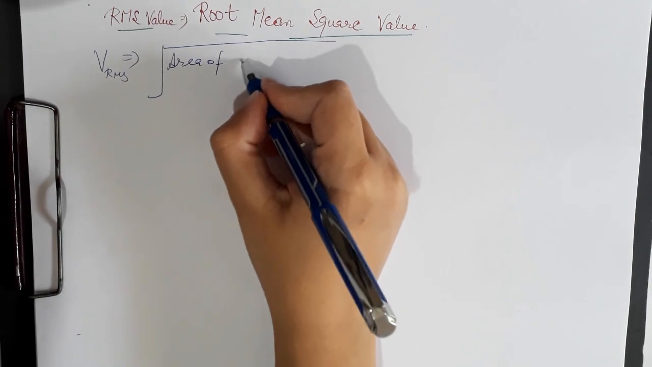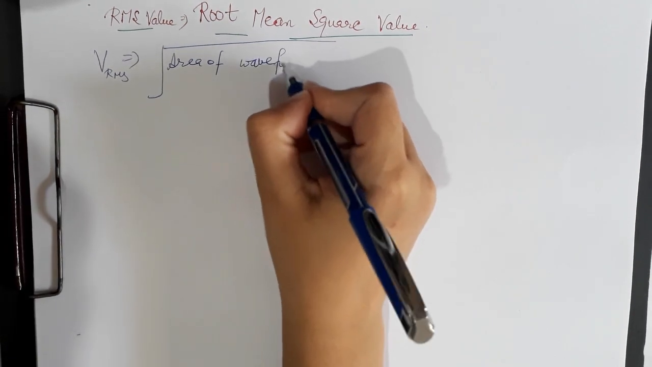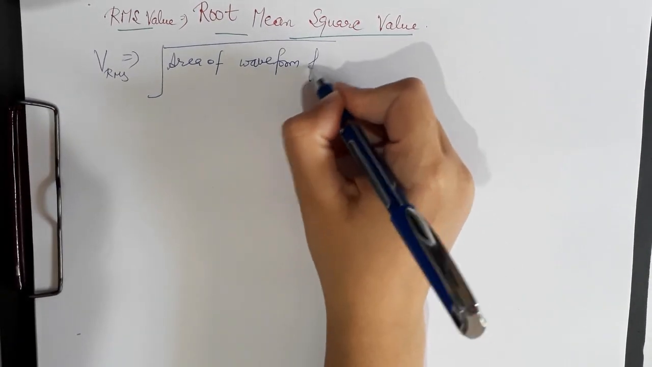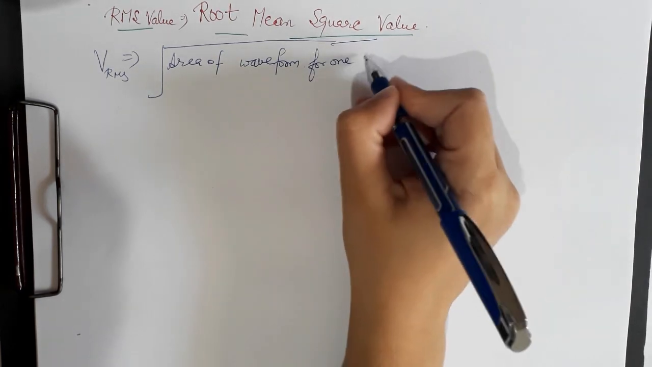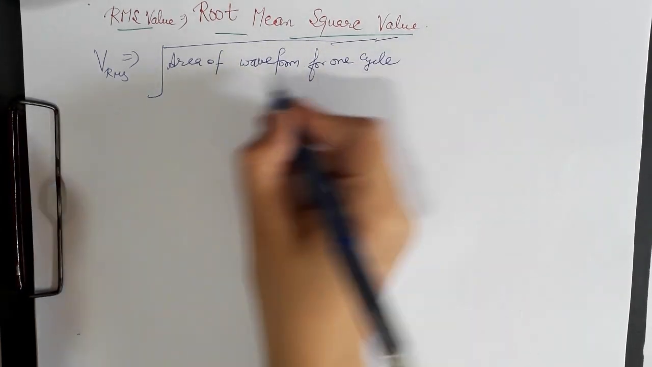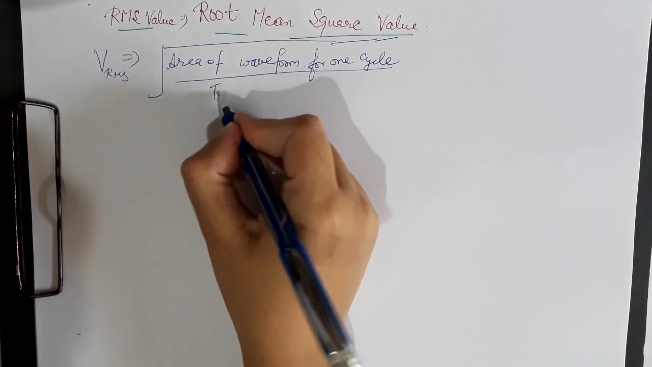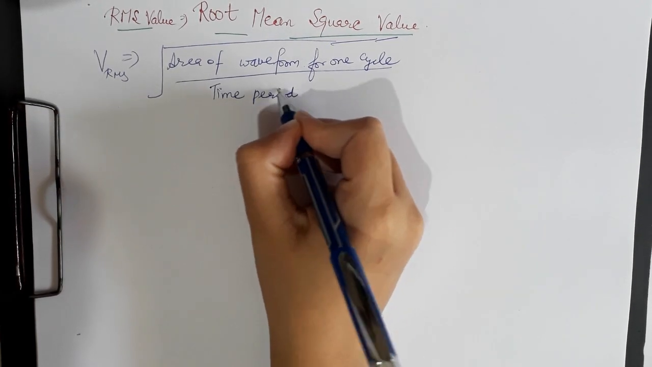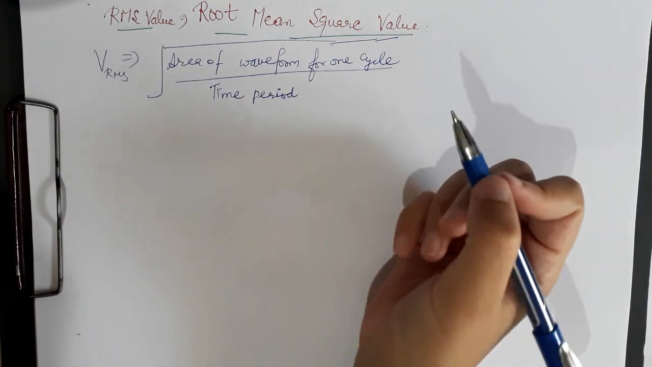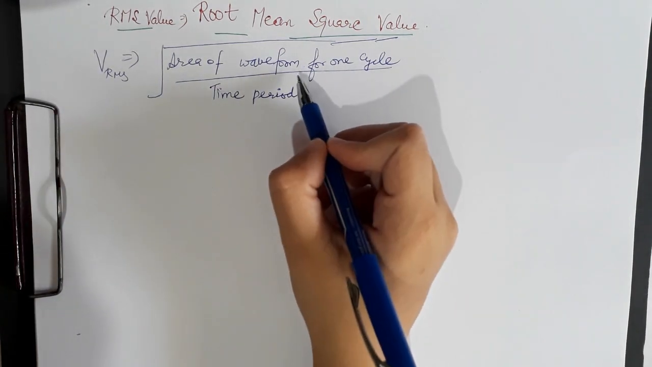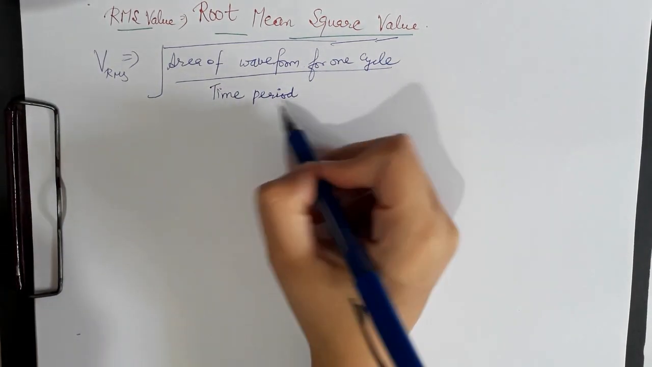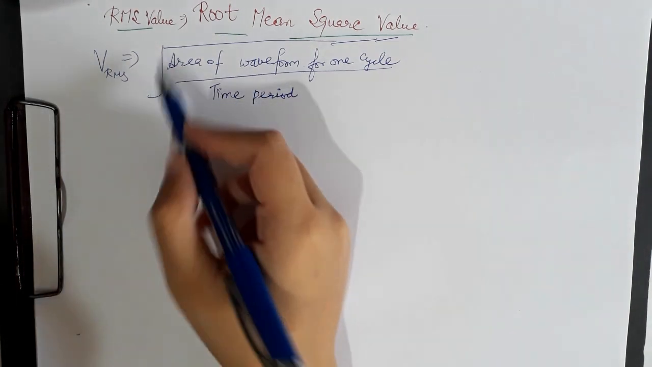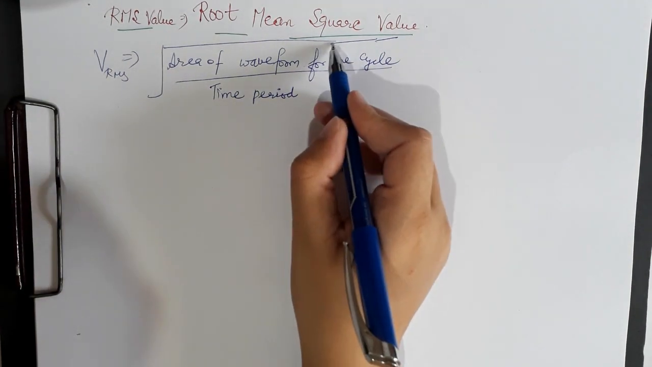area of waveform for one cycle upon its time period. मीन्स फ्रेंड्स, जिस वेवफॉर्म की भी हमें वी आर एम एस फाइंड आउट करनी है उसका हमें एरिया निकालना पड़ेगा उसकी एक साइकिल का, और अपॉन उसके टाइम पीरियड से डिवाइड कर देंगे एंड टेकिंग द अंडर रूट ऑफ दैट।